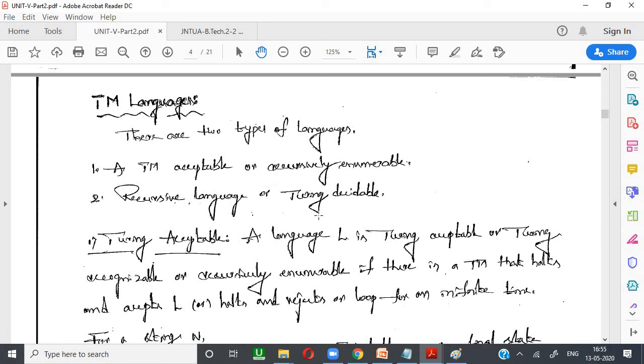And if the language contains any infinite loops, then it is also rejected. The second one is recursive language, or Turing decidable. If you have a particular input that belongs to the language L, and the language is accepted by a Turing machine, then we say it is Turing decidable. If the input does not belong to the language, then we say it is Turing undecidable. So this is about the topics, and we'll continue next class.